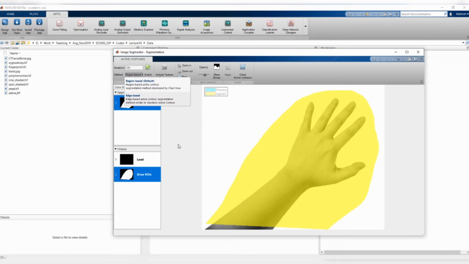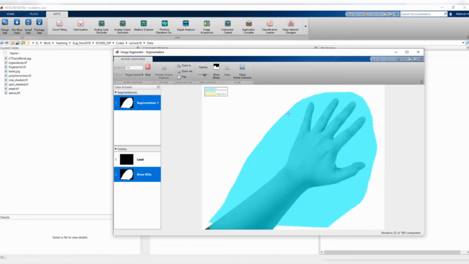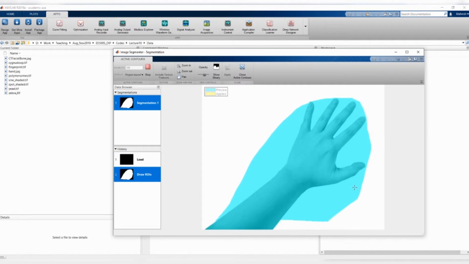So we'll briefly touch upon them when we discuss the algorithm in detail. Okay, now once you set some of these things, you just put evolve. You can see the graph, the contour is evolving. That's why the name active contours, and it tries to fit after some number of iterations. So you can increase the number of iterations to higher if you want to proceed further. See here I put just 100, so it's sort of done with the number of iterations.